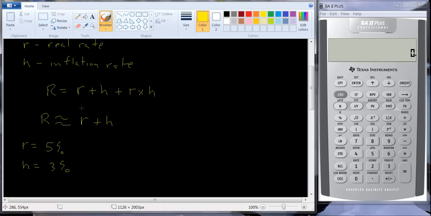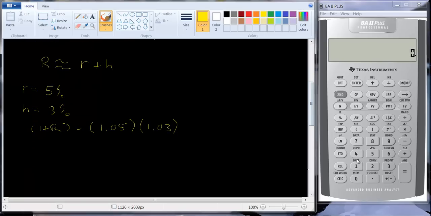Well, if we use the real equation, so we say that 1 plus R equals 1.05 times 1.03, so let's work that out. Let's see what we get. 1.05 times 1.03,